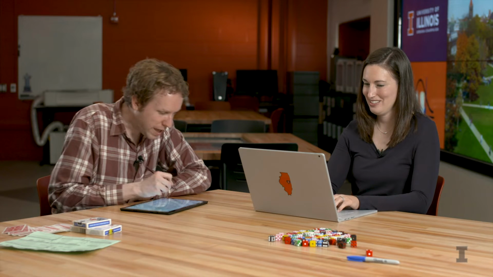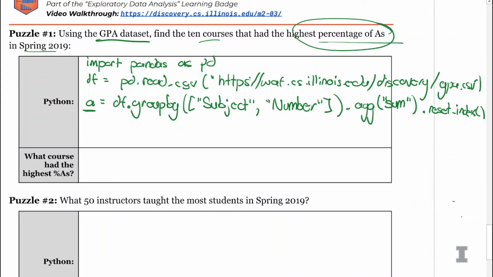Got it. Now our data frame's name is A, because A is the aggregated data.